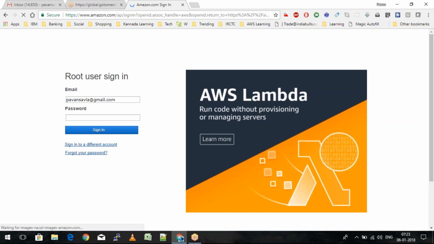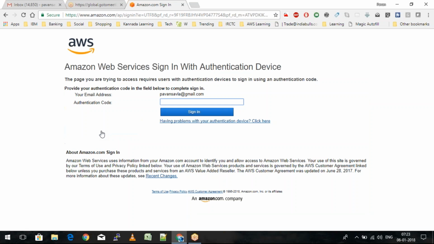But in terms of the NACL, we will be able to completely play around with allow as well as the deny rules as such. So today in the part of our session, we are going to discuss what is VPC flow logs. It is the last part of our VPC section. So let me quickly navigate into my AWS console.